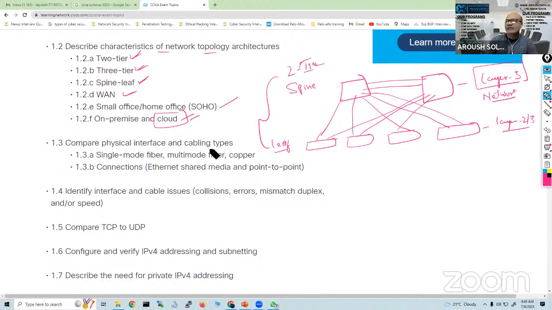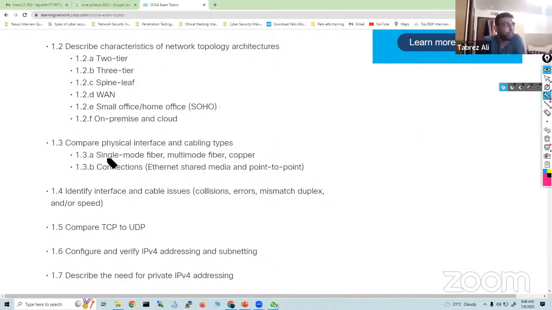So, compare physical interface and cabling types: single mode fiber, multi-mode fiber, and copper. I think you know, right? Optical fiber cable. Can you tell me in which scenario single mode is used and in which scenario multi-mode is used? Single mode we use if we have